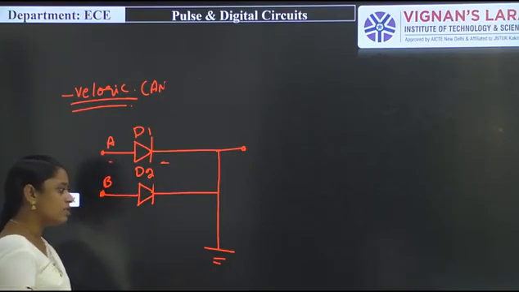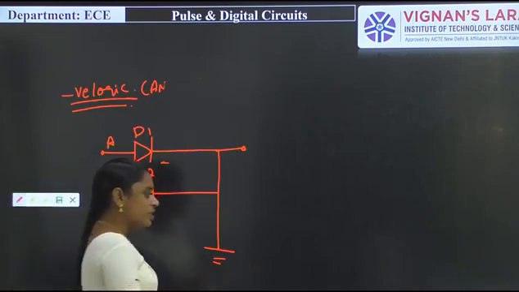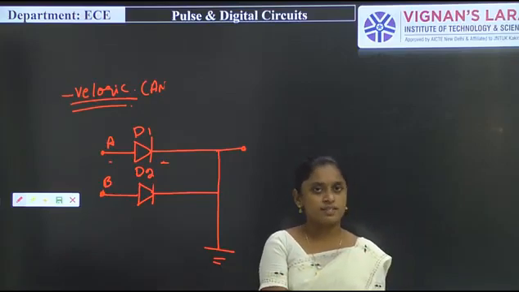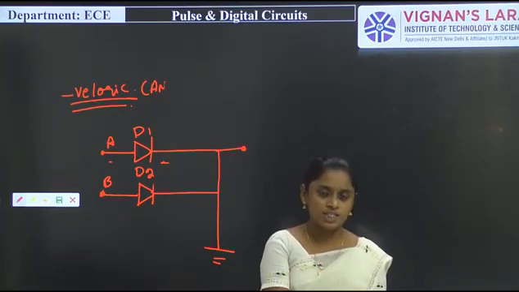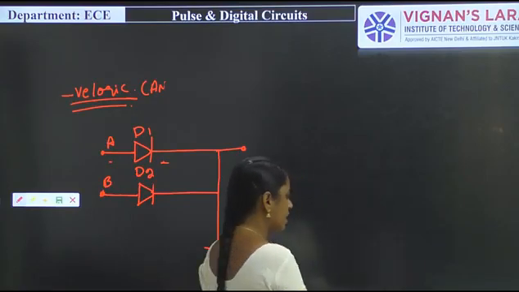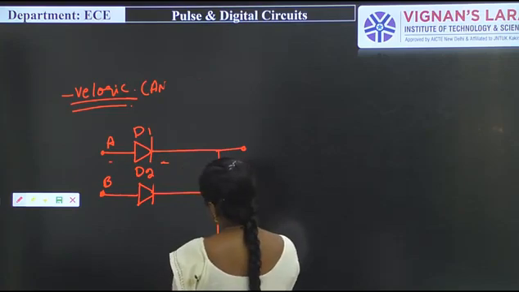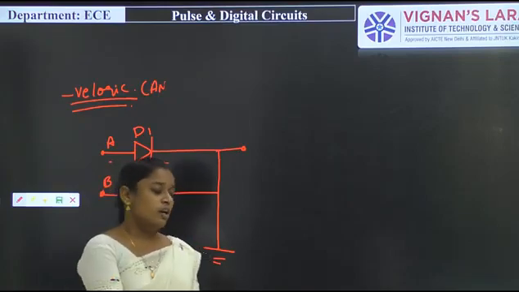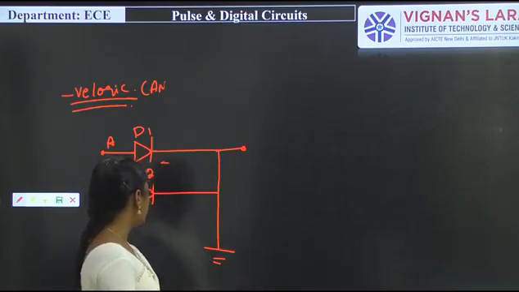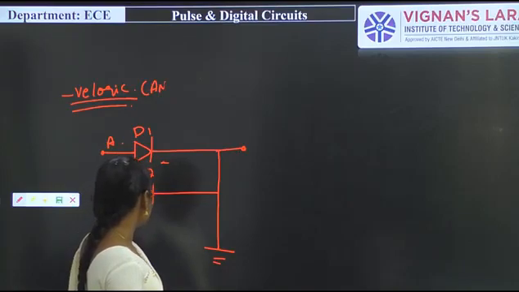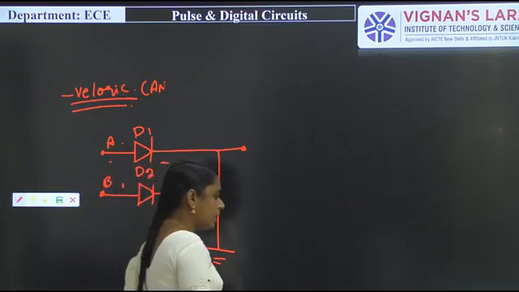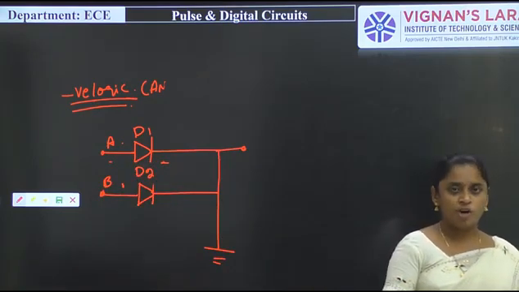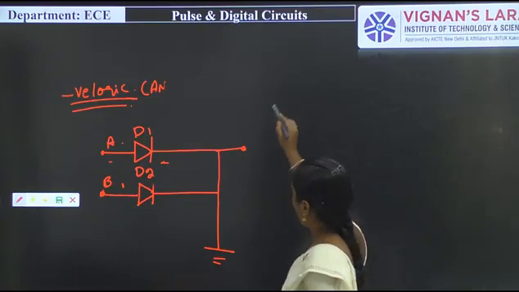What is meant by negative logic? Negative logic is nothing but 5 volts is represented with logic 0 and 0 volts is represented with logic 1. So that is a very important thing. First I am applying 0 volts here. So when 0 volts is applied to both inputs, what happens? Both 0 volts are applied, then what is the output? Simply we have to say that diodes D1 and D2 will be forward biased. So here the logic is 0 0.